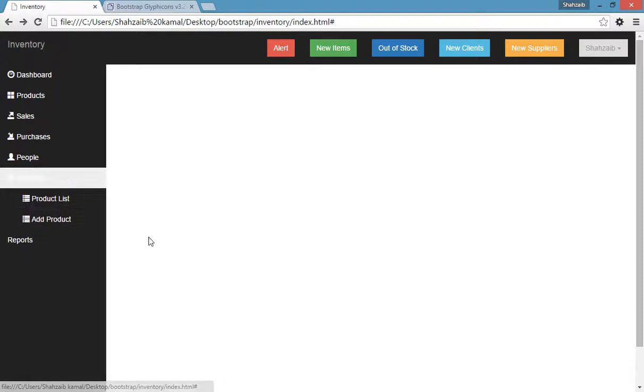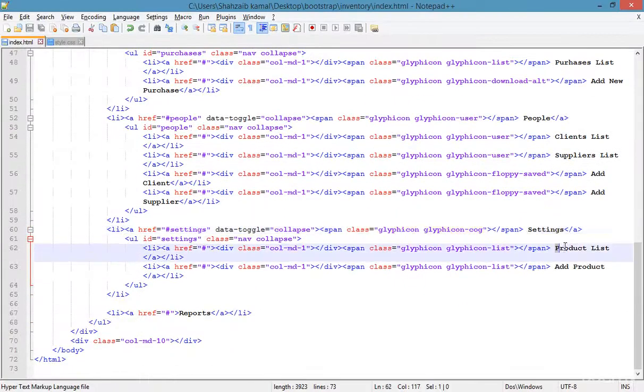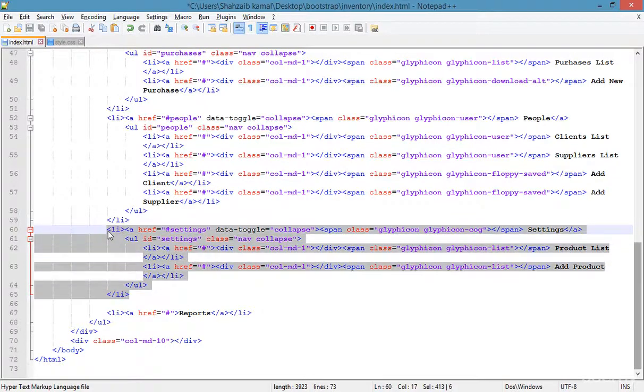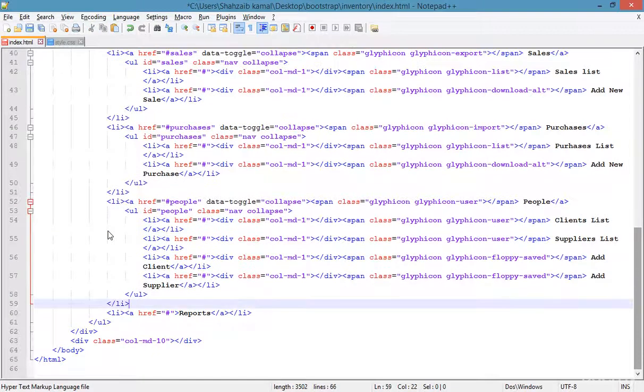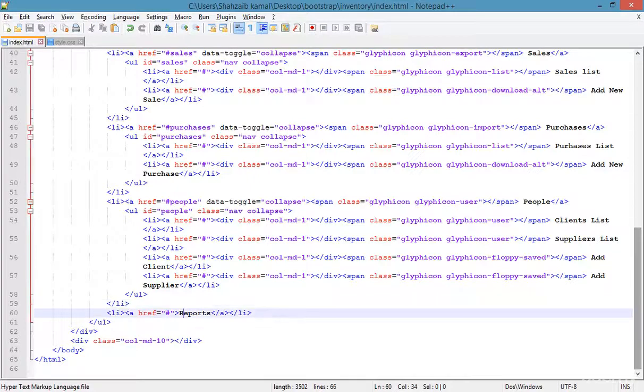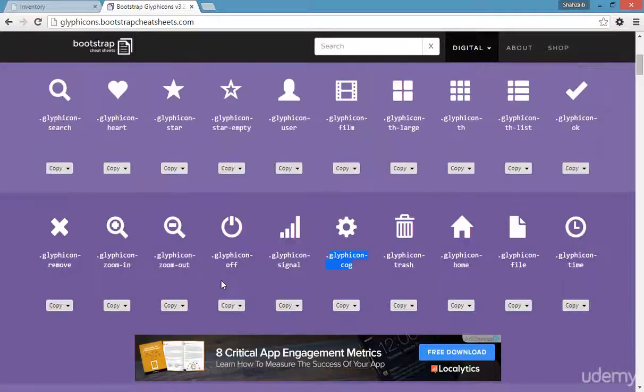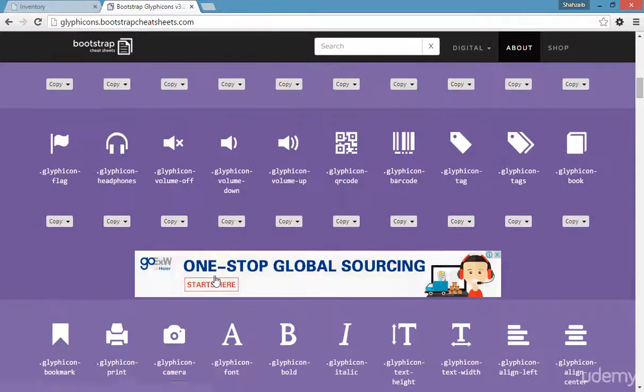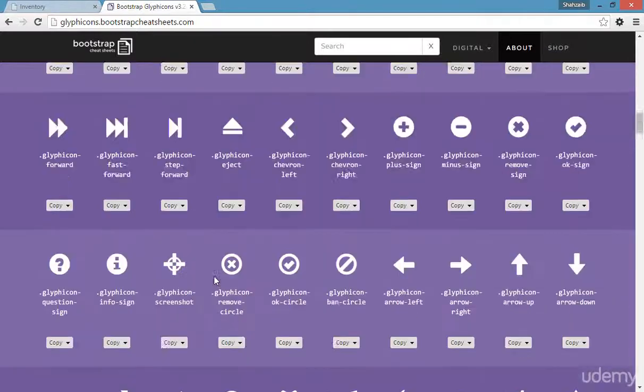Now inside the setting, instead of the product list, I'm just adding the, you know, we can add a lot of things, but I think that setting is not really important, so I'm just deleting this one. If I think that it's important, so I will add this in later classes. By the way, right now I'm not doing this, but for the reports, going to the notepad and actually search, we need to search that what sign we should add for the report. So let's just find out